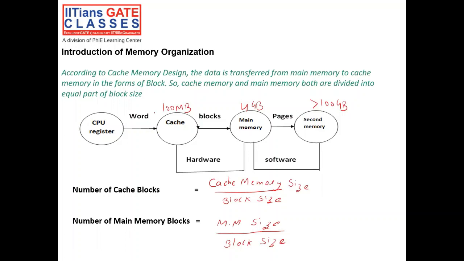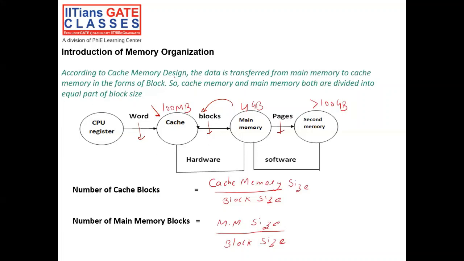The cache is used between the CPU and main memory to improve performance by reducing the data access time. Actually, cache is a smaller and faster memory which stores copies of the data from frequently used main memory locations, right? Data between the CPU and cache is transferred as a data object, which we call a word, between cache and memory as a block data transfer, and similarly between main memory and secondary memory in pages, right?